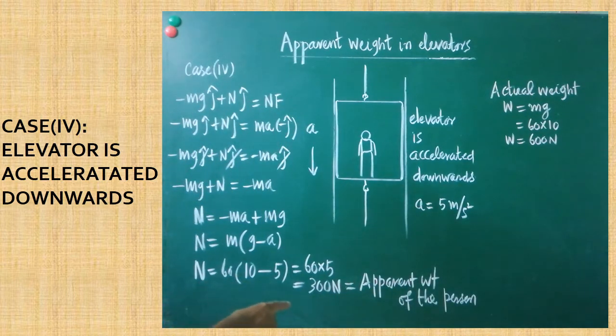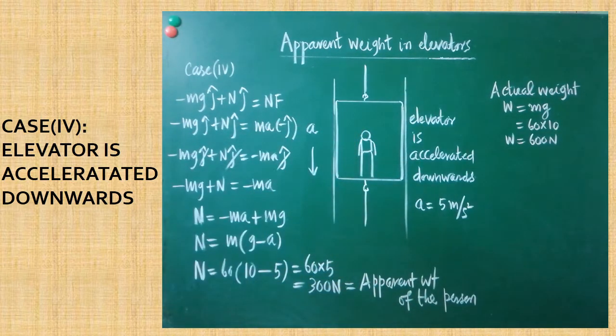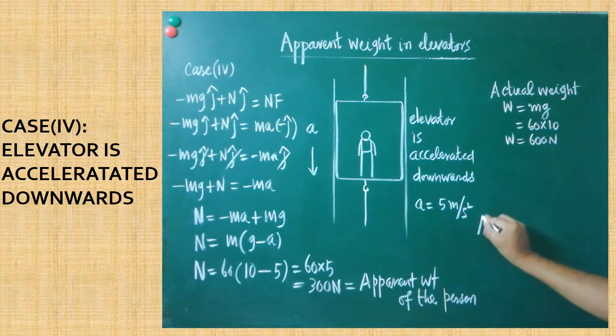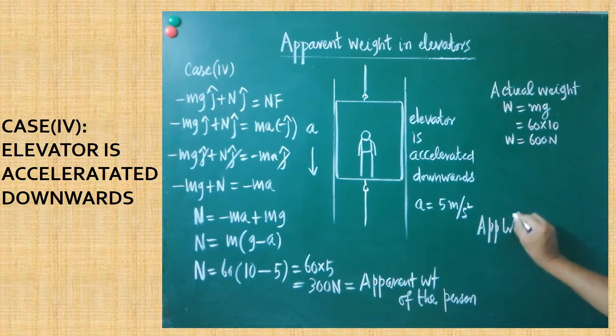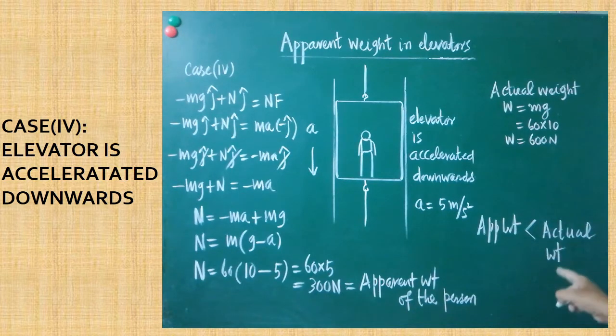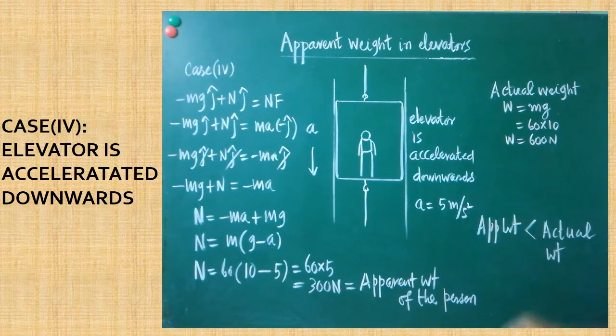Now we have to compare the apparent weight when the lift goes down with the actual weight. Compare both. In the case of actual weight, the value is 600 Newton, but the apparent weight of the person is 300 Newton. So the conclusion is that the apparent weight is lesser than which one? The actual weight. Apparent weight is lesser than the actual weight of the person. This happens when the lift goes down with an acceleration of 5 meter per second square. So the two conclusions are, when the lift